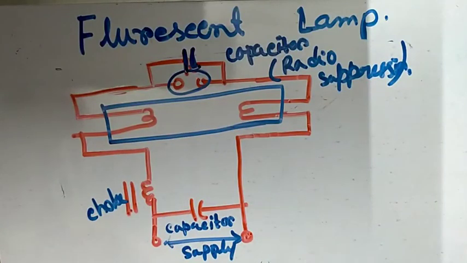Since this heating current reduces to zero value instantaneously in the choke circuit, the choke field collapses, which releases stored energy and thus produces a high voltage between electrodes and causes the pre-ionized tube to strike. Mainly there are two types of starter switch: glow starter switch and thermal starter switch.